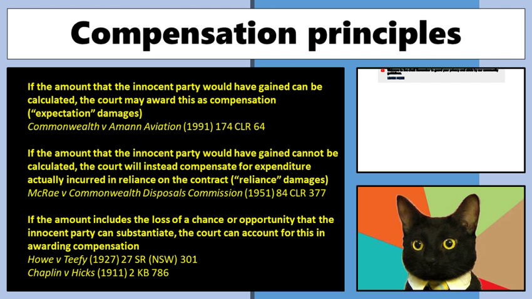McRae and Amann Aviation, two cases. Now McRae I actually talked about, I think, last week. McRae was the salvaging of an oiler that had sunk in the Coral Sea, and there was no reef. But the thing was, there was no boat. The records of the boat were wrong. How do you calculate how much oil you would have got out of a boat that never existed? Can't really do that very well. And so what the courts say there is that in that situation, you can't sue for what you would have expected to gain. It's just logically impossible.